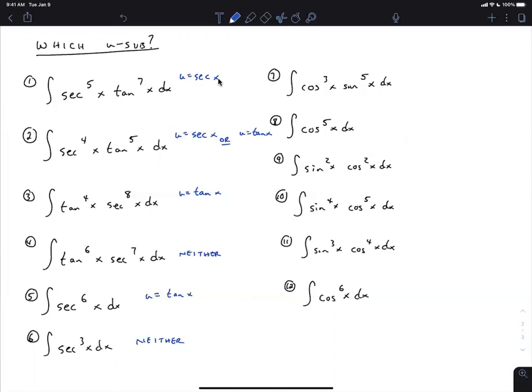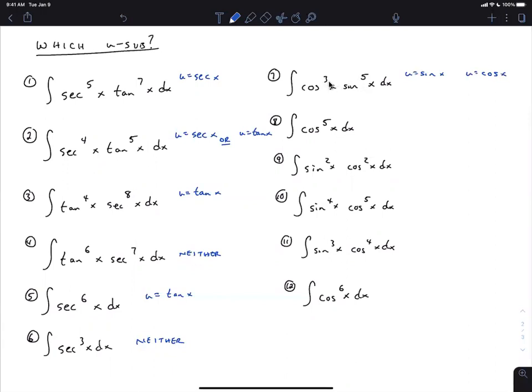Okay. Now for sine and cosine, the same thought process works. We just had a quicker rule. But the idea is, if we think it through the way we're thinking it through now, on the first one, if u is sine, then du is cosine. And so there'll be 2 cosines left after we separate it, 2 cosines and 5 sines. We don't care about sine, but the fact that there's an even number of cosines means this is going to work. If u is cosine, du is negative sine, so you have to get a negative, but after you separate